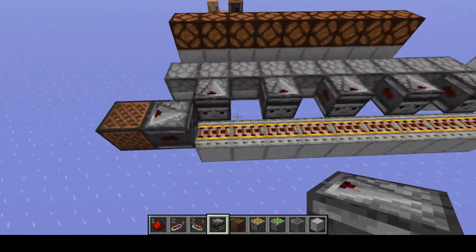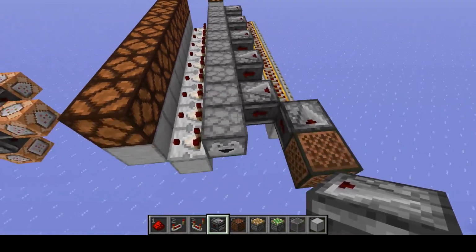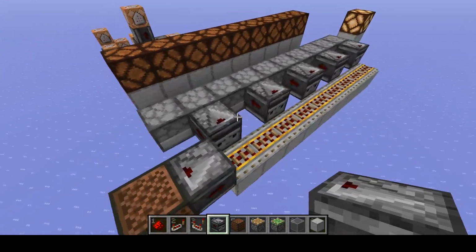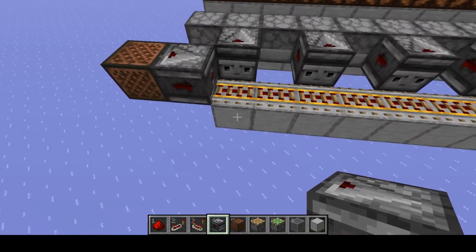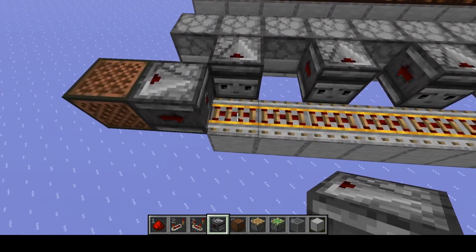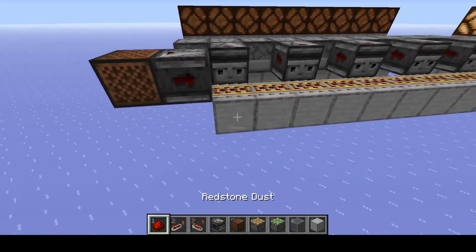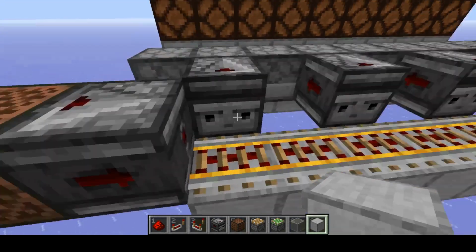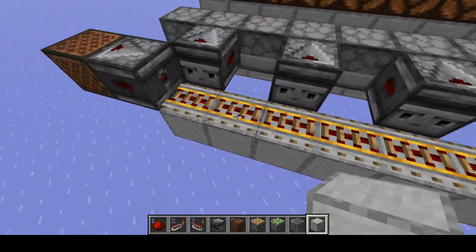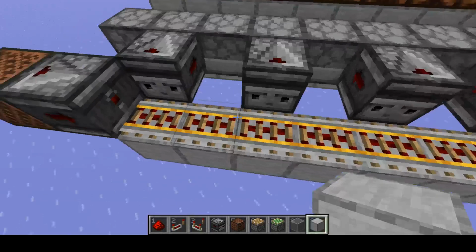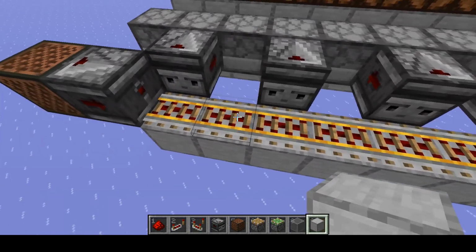So we can use what we've learned, as well as one extra new thing, to build this. This is a very simple and very short instant dropper line. The extra thing that's used here is the fact that block updates are processed recursively. So rather than processing all of the updates at this rail and then moving on to this rail and processing its updates and then moving on to this rail, it goes immediately onto this rail. As soon as this rail gets updated by this rail, when it's powered, it will start updating